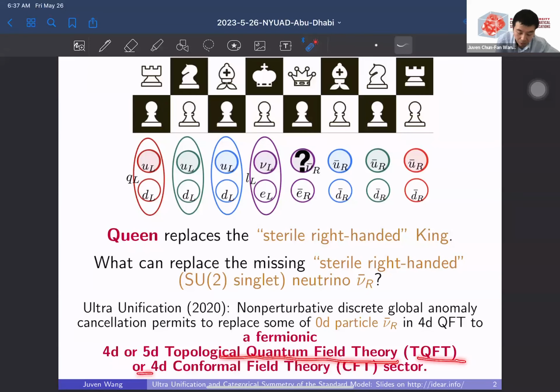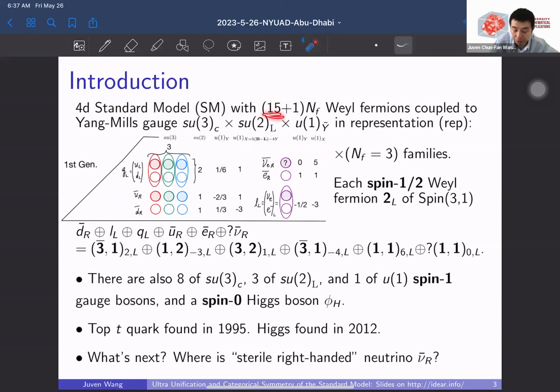Let me make some introduction before we go to field theory. As we know, the standard model is something you learn from textbooks. In this field, we apply some of the knowledge from people here in quantum matter and quantum information to see whether we can use those developments to address some problems in quantum field theory in our vacuum, the standard model. That's the main purpose of the talk.